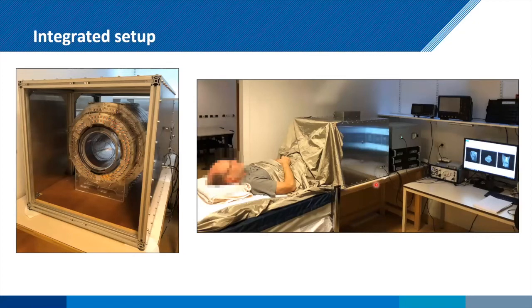We're not in a shielded room, I think, unlike Clarissa's setup. And so we have built just an aluminum frame around here. And in order to sort of simulate that shield, we have a conductive cloth that goes over the body here and just connects over here to the shield.